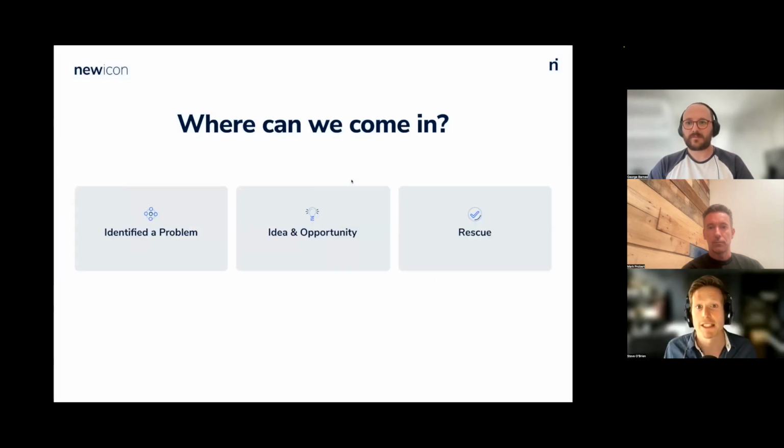So where do we typically come in on a project? Typically we get called in when a company or an individual has identified a problem that they'd like to solve, and they need help to solve it, and they need to understand the problem more. Or potentially there's an idea or an opportunity, something exciting around some new piece of technology. And then the other is we get called in to rescue a project that's perhaps stalled, the team can't progress, or adding new features just makes everything collapse and is buggy, and we'll take that project and put in place some things to make it a success. So those are generally where we come in.